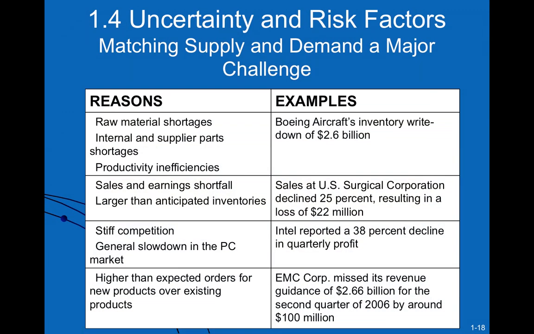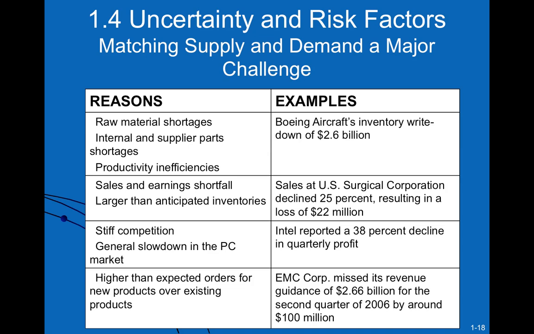So what are some of the things that drive uncertainty and risk in supply chains? Those things are important to give consideration to, because you have to manage the supply chain for uncertainty and risk. We see raw material shortages could happen in some cases. You could have strikes, internal supply and supplier part shortages, productivity inefficiencies, and we see Boeing's aircraft inventory write-down